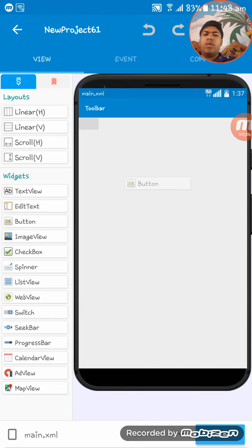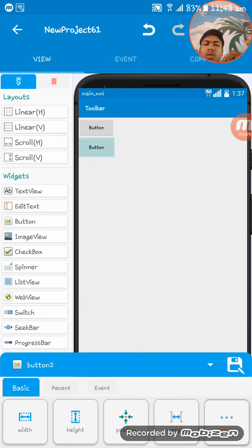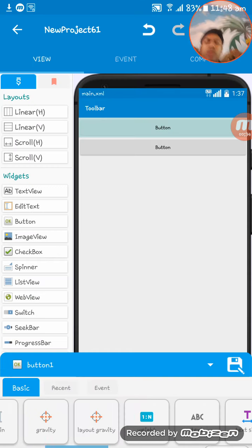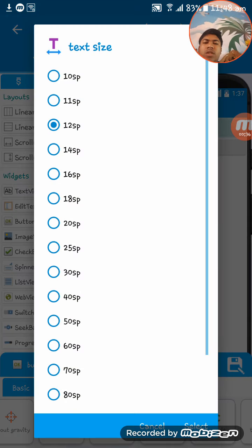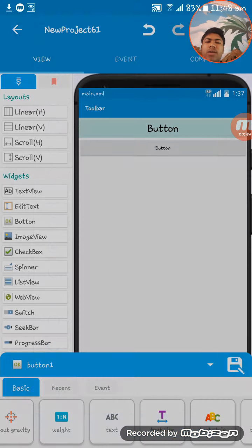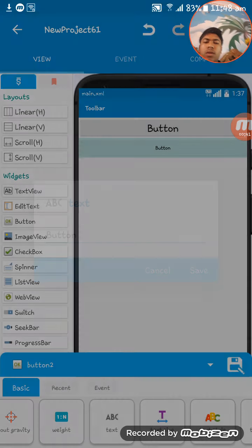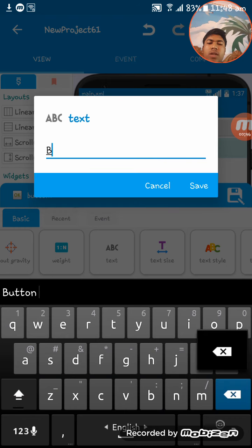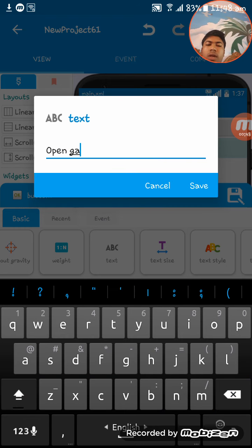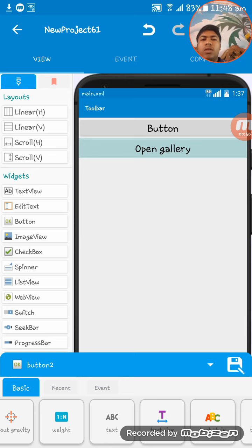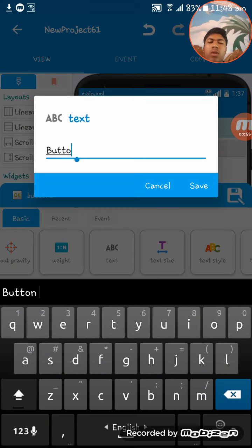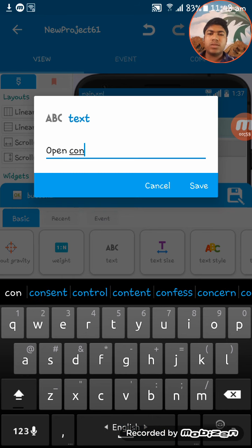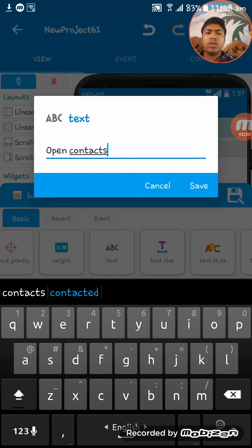Now you have to set two buttons, both with a width of match parent, then give the text size of both 25 sp, and then set here open gallery and here open contacts. Okay,